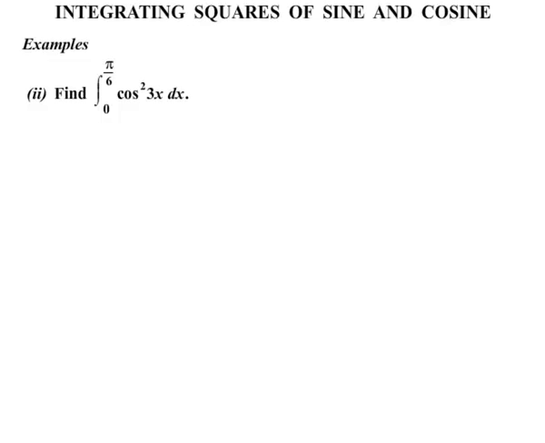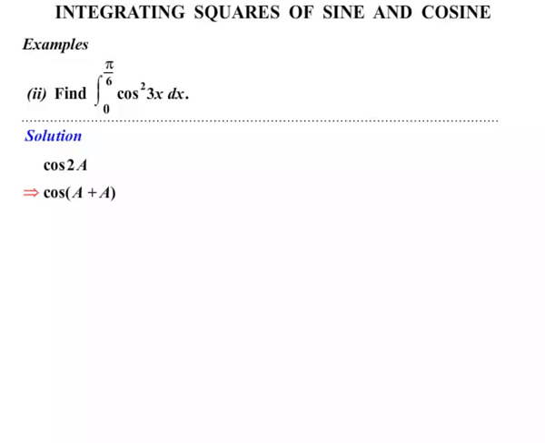Our next one, we need to find the integral of cos squared 3x dx. This time we've got some limits. The limits pi on 6 and 0. Again, we start off with the cos 2a expansion. So for both sine squared and cos squared, we're going to start off like this. We're going to write that as cos of a plus a, which is cos squared a minus sine squared